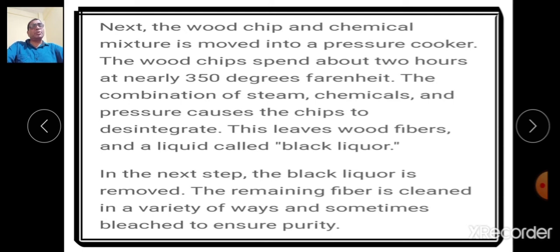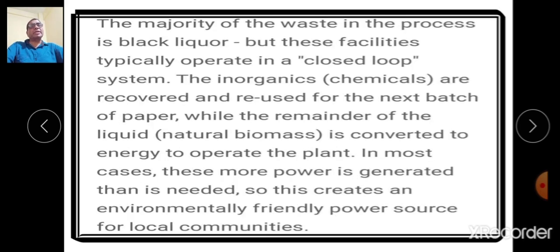This leaves wood fibers and a liquid called black liquor. In the next step, this black liquor is removed. Then the remaining fiber is cleaned in a variety of ways and sometimes bleached to ensure its purity. The majority of waste in the process is black liquor, of course, but these facilities typically operate in a closed